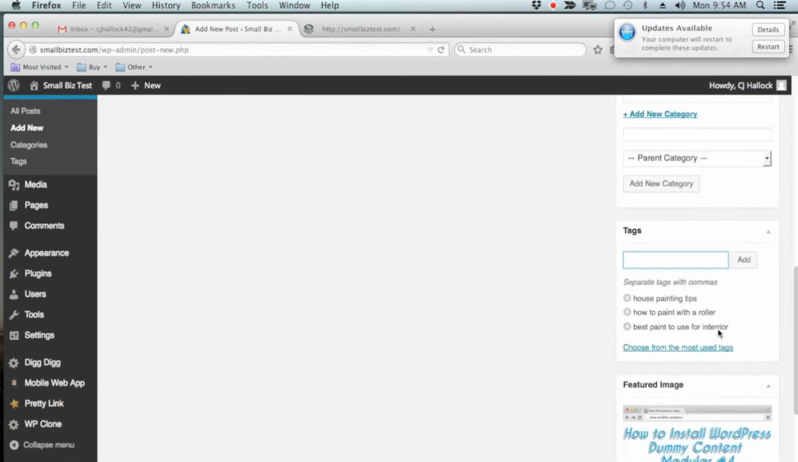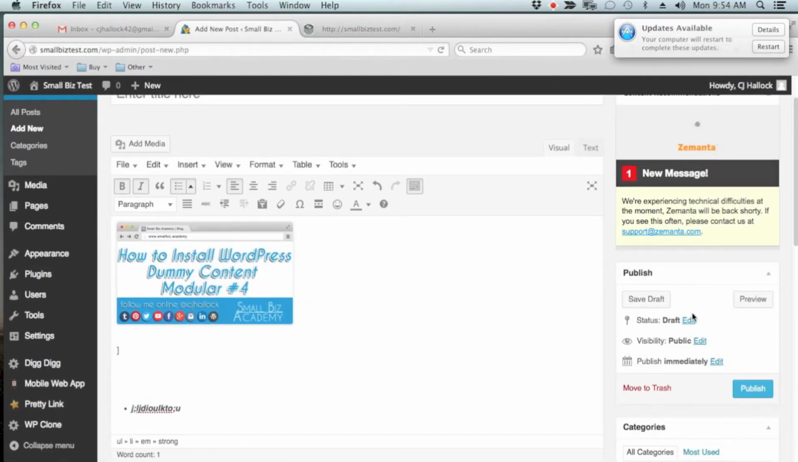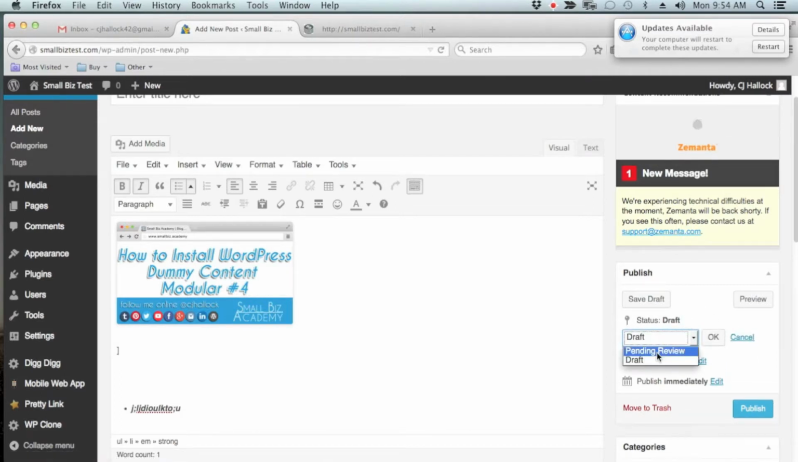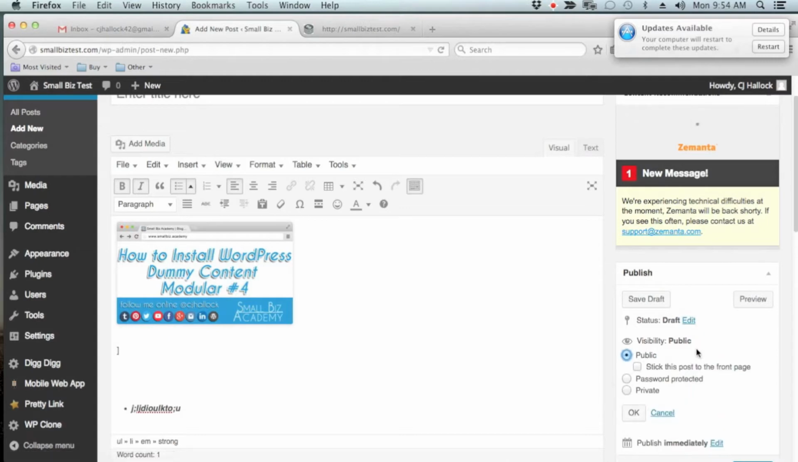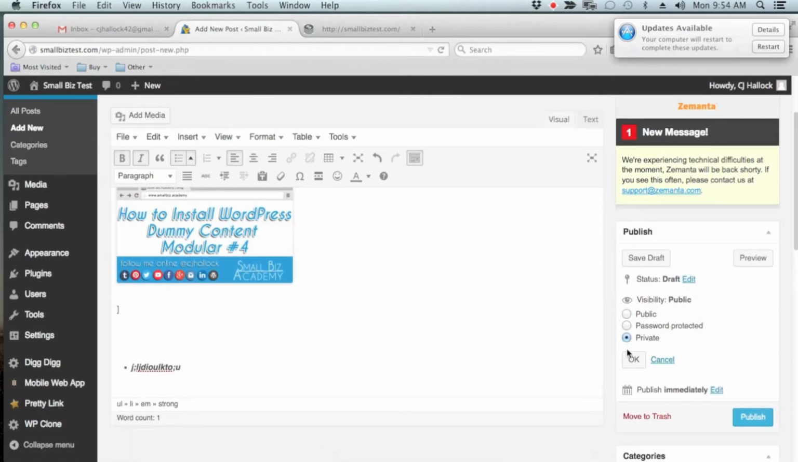So that being said, that's your tags, that's your featured image, and then you have basically put three very important pieces right here. You have your status, which is where you can decide if you want it pending review or draft. Because it's only you working on this right now, draft is fine. Visibility,